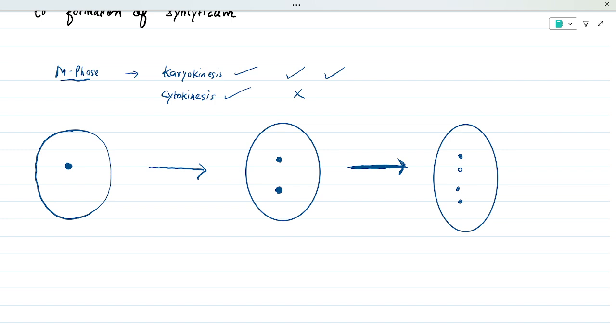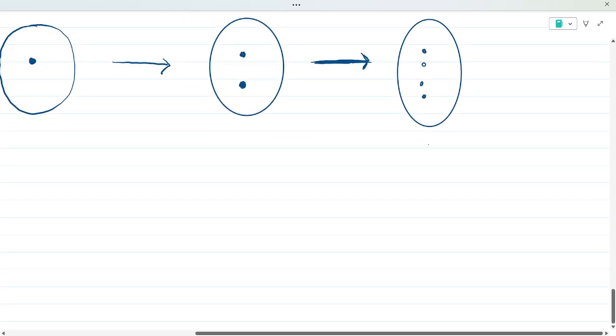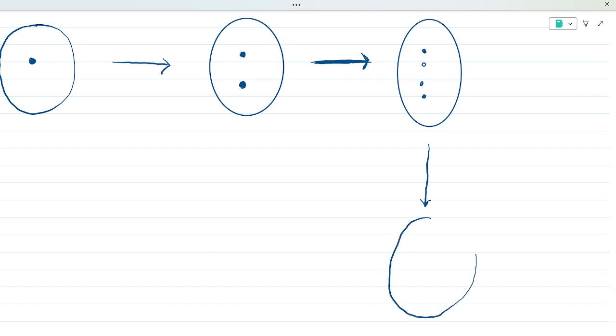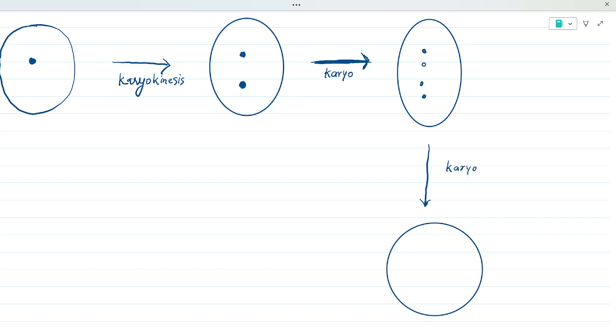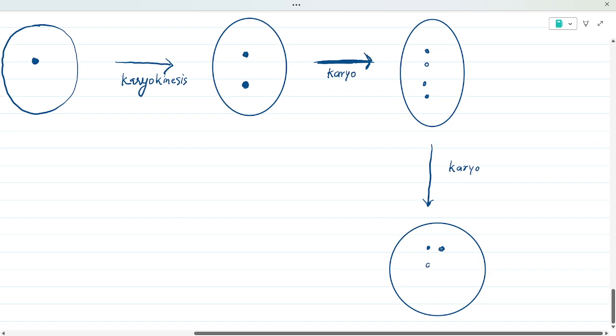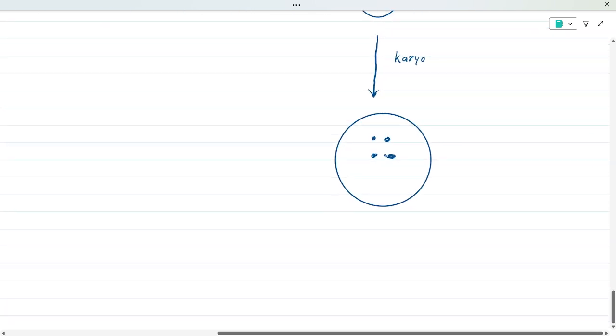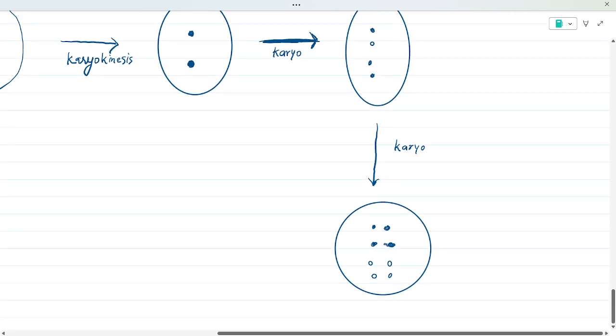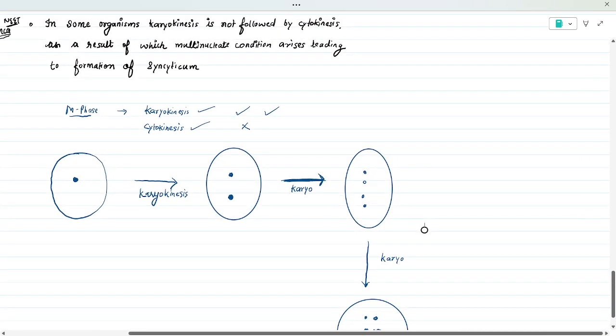And you know, more than 2 nuclei represents multinucleated condition. After this, again only karyokinesis occurs. Here only karyokinesis we are doing. No cytokinesis, again karyokinesis, again karyokinesis. So from 4 nuclei there will be formation of 8 nuclei. This is the 2 nuclei stage, 4 nuclei stage, 8 nuclei stage, and that is a